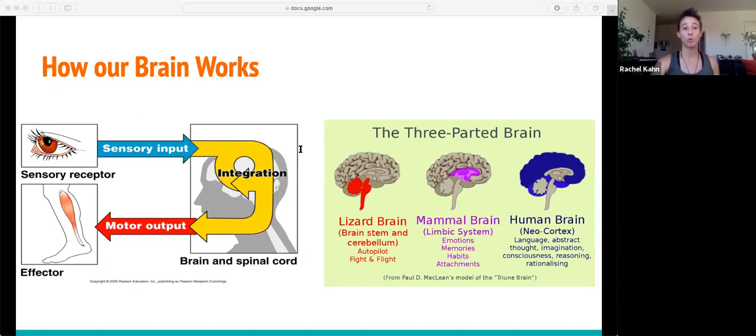So why that's important is that most exercise-based modalities and movement-based modalities are really focusing on the movement output side of that photo. They're trying to increase your proprioception, they're trying to make your muscles stronger. There's nothing wrong with that, that's all really good. But remember, 50% of your brain is dedicated to vision, and the next slide is going to explain this a little bit more. If we can improve the quality of the sensory input coming into your brain by working more on the sensory input side of that loop, then we can automatically create a